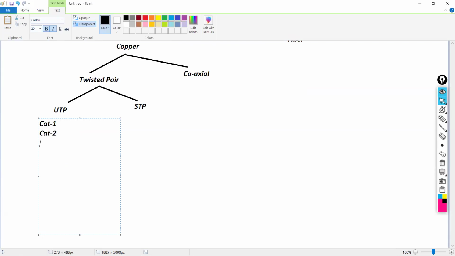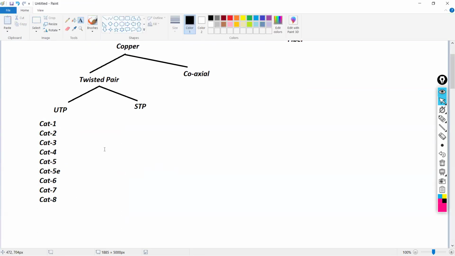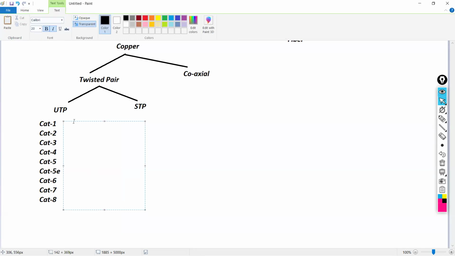One, two, three, four, five, 5E, 6, 7, 8, like that it will keep on going. Now, what is the difference in these categories? The difference is speed. Like Cat 1,